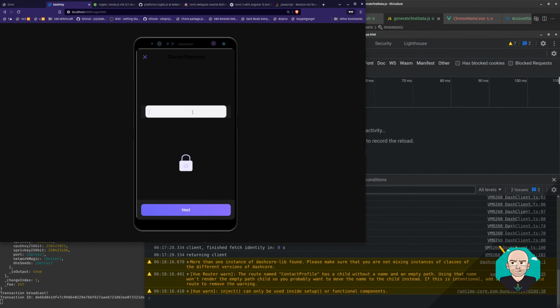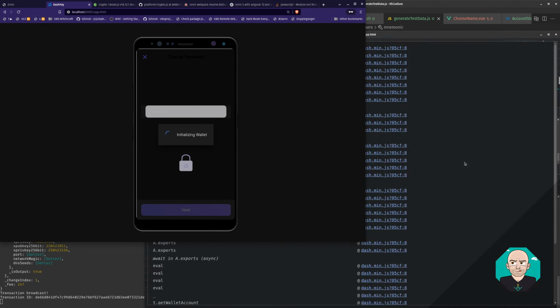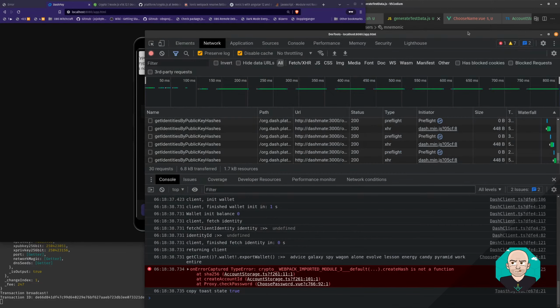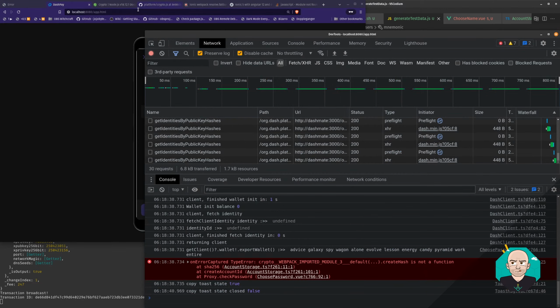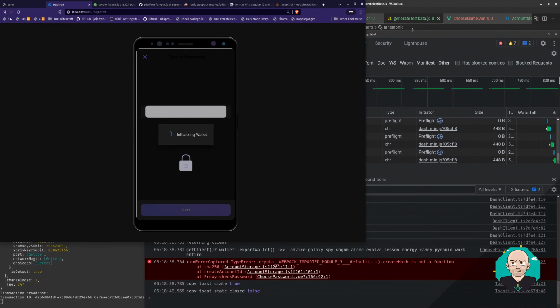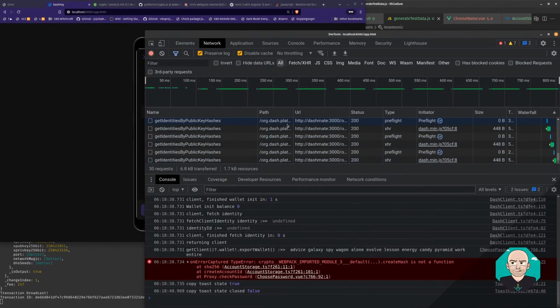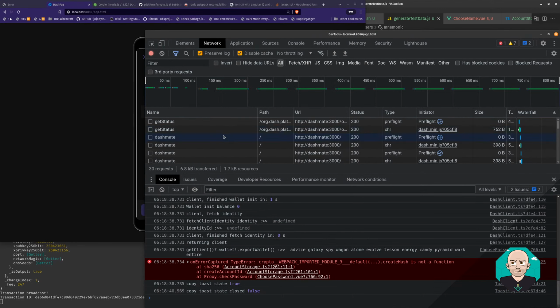Reset and password. That was wrong. Well, it definitely did more than the registering did. Still failed, but